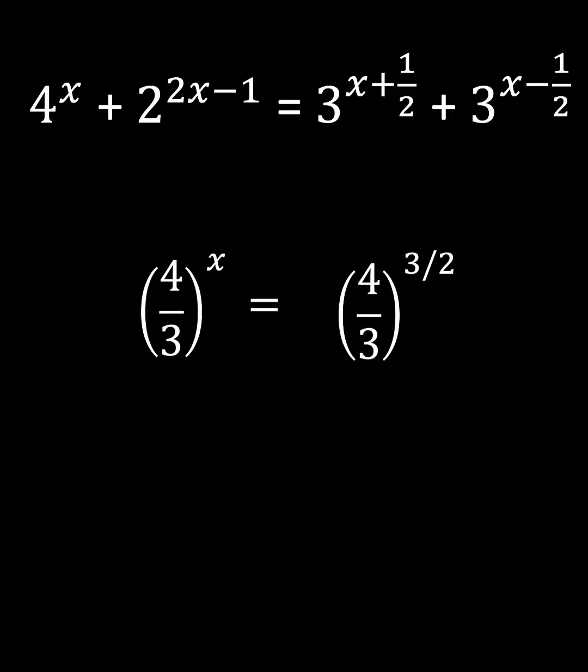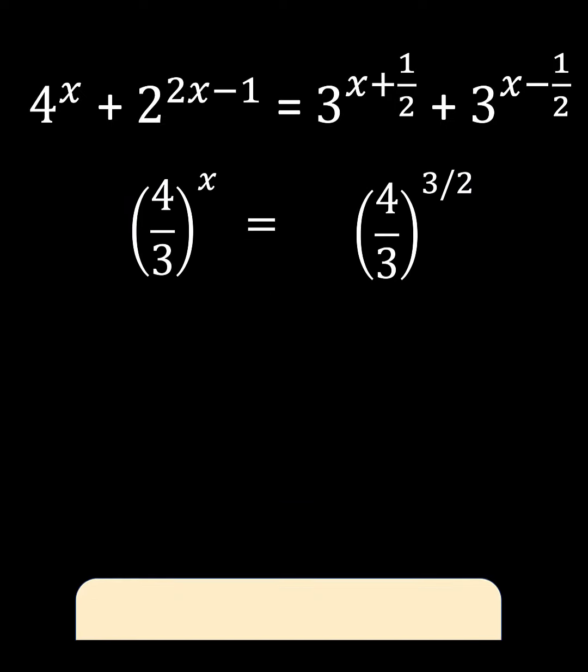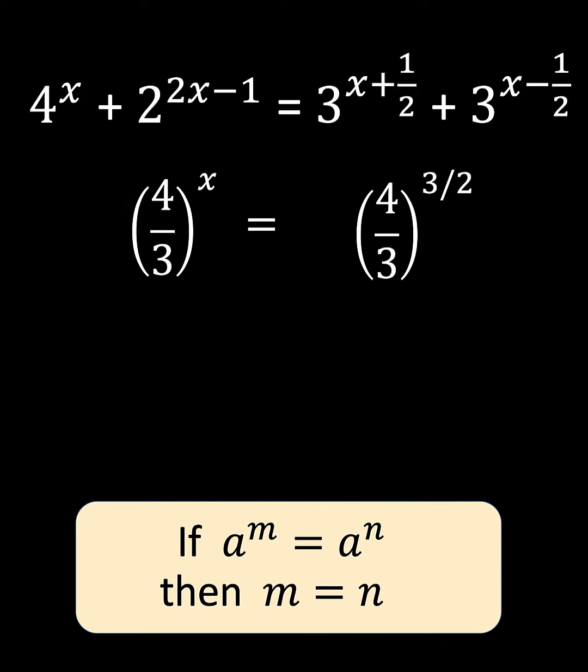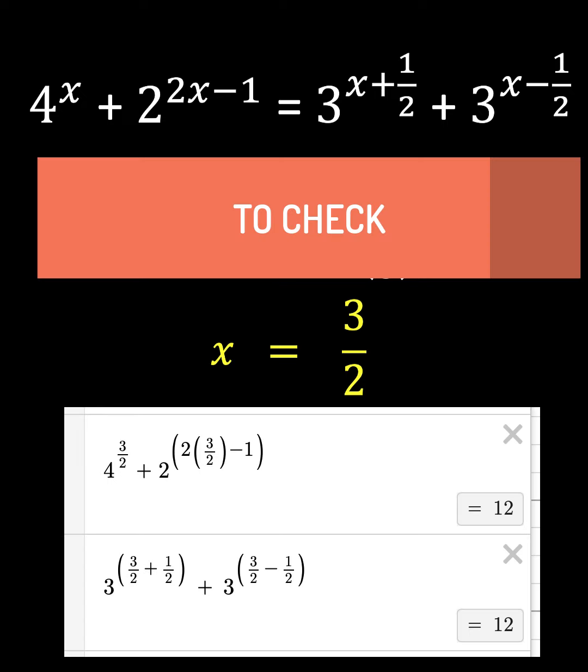And then recalling one more property of exponents, from the one-to-one property of exponential function. Since these two exponential numbers are equal and the bases are the same, then the exponents must be equal. And so we now know that x is equal to 3/2. And this now solves our